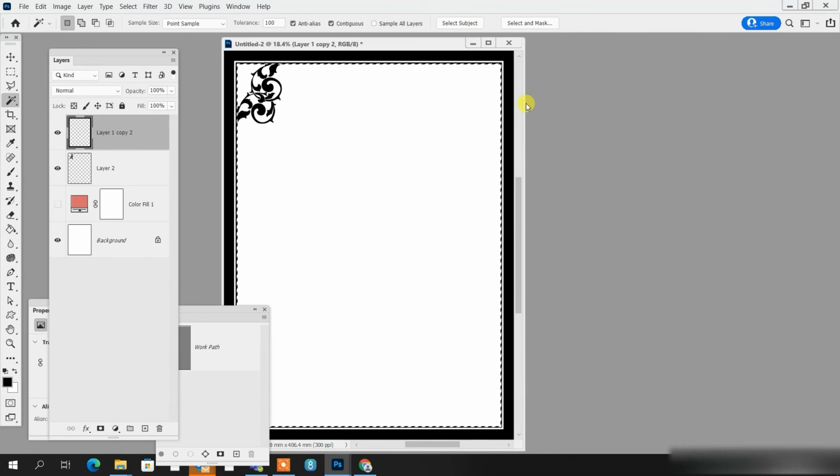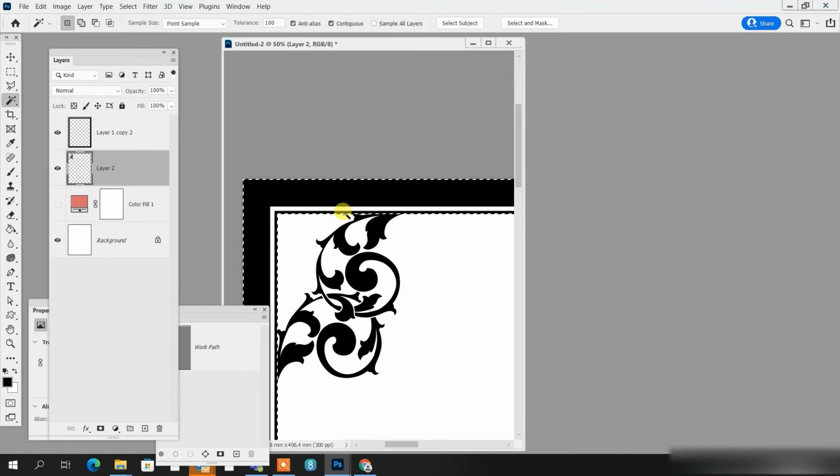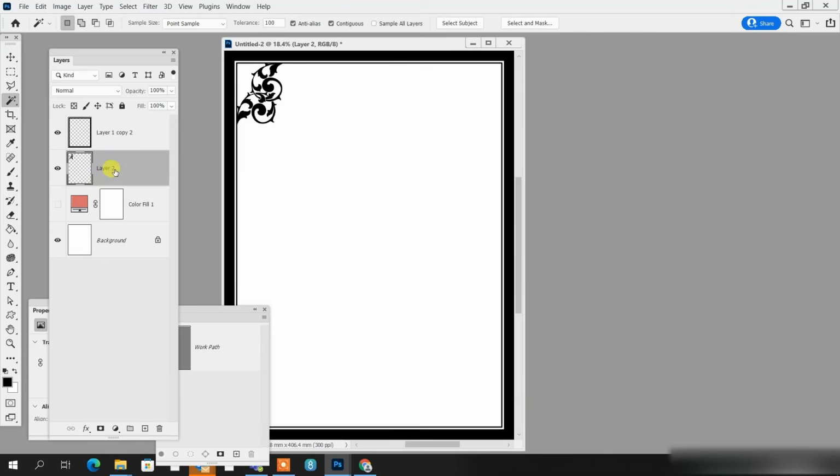So let's put that back on screen. Control, Shift and I. That inverts the selection, so it's sort of selecting the negative space. Then selecting your scroll layer, you can come up to the top here and just press the backspace to delete those little bits that are sticking out there. And there, nice little corner ornament which you can then duplicate,